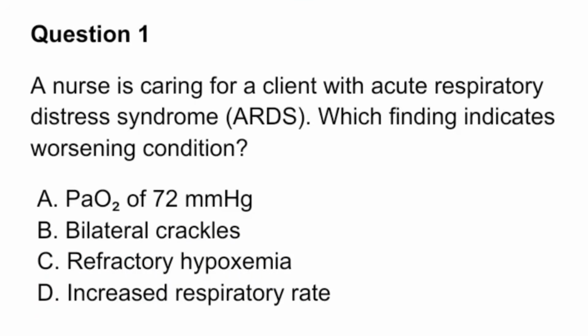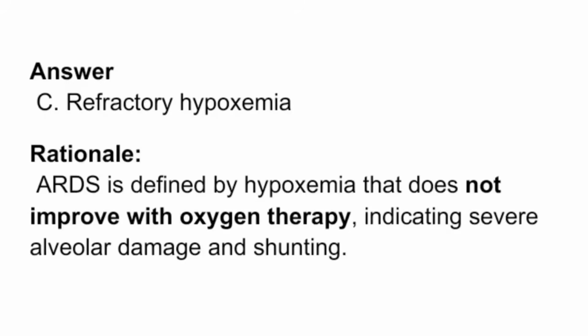Question 1. A nurse is caring for a client with acute respiratory distress syndrome, or ARDS. Which finding indicates worsening condition? A. PaO2 of 72 millimeters mercury. B. Bilateral crackles. C. Refractory hypoxemia. D. Increased respiratory rate. Answer. C. Refractory hypoxemia. Rationale. ARDS is defined by hypoxemia that does not improve with oxygen therapy, indicating severe alveolar damage